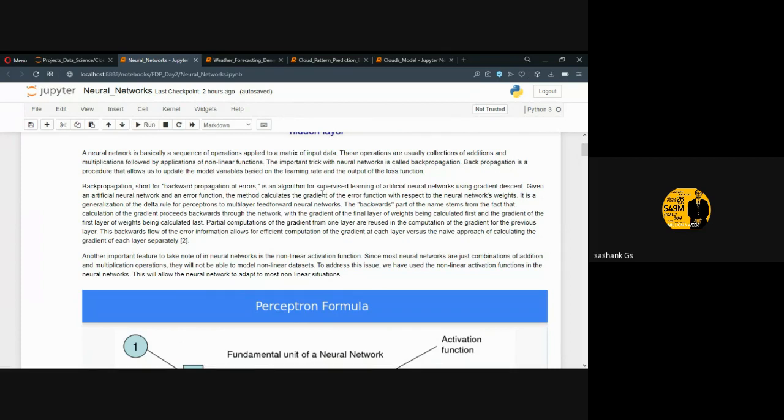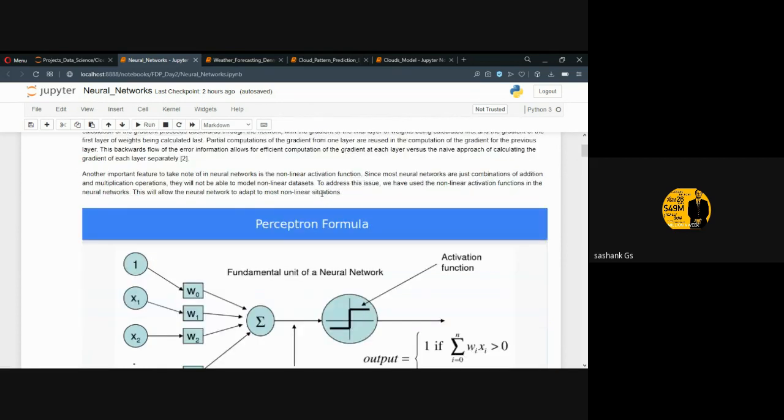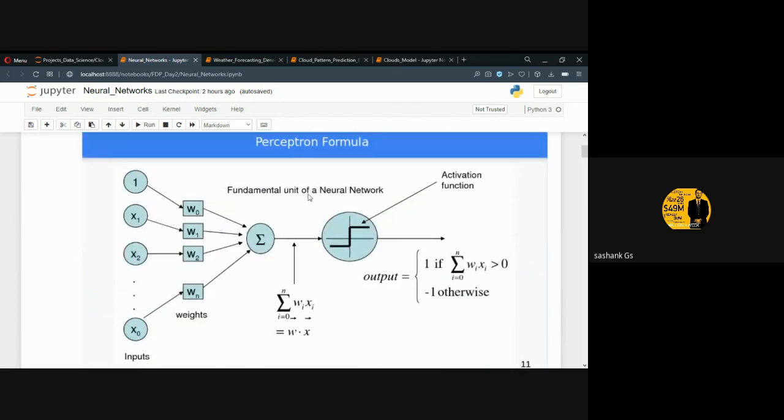So gradient descent is the basic optimizer algorithm that we're going to be using for neural networks. Given an artificial neural network and an error function, the method calculates the gradient of the error function with respect to the neural network's weights. So that's all about back propagation, and this is more like a mathematical representation of how a neural network works